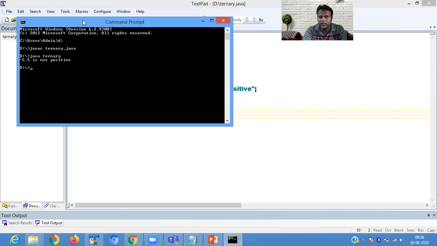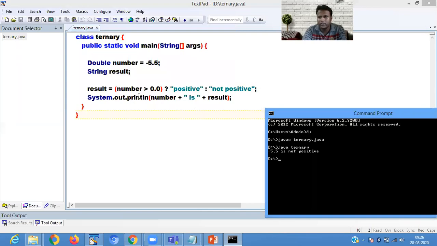The condition that we gave here is not satisfied, so it shows it is not a positive number.